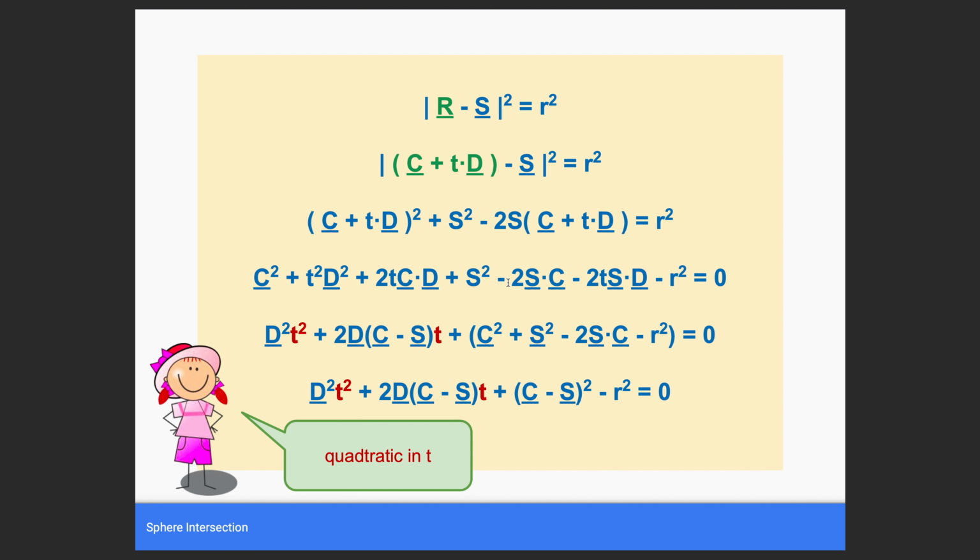I'm not going to lie. But what we can do is spot t and collect the different kinds of t. So we've got a t squared, we've got a t, and then we've got something that has no t in it. So we're solving for t, solving for time, because we want to know whether at any time that ray does hit the sphere. So if we expand this out and collect those t squareds and t's and not t's, we'd end up with d squareds here, we'd end up with this expression here,